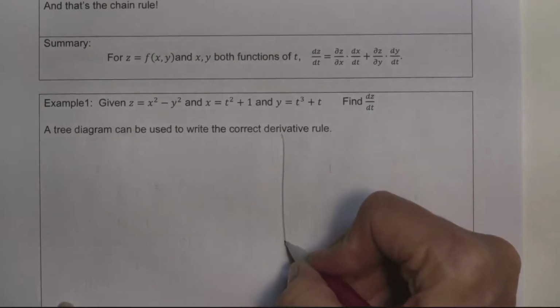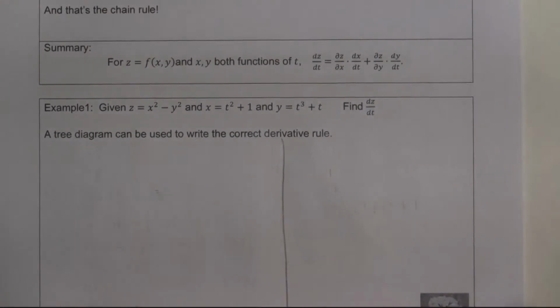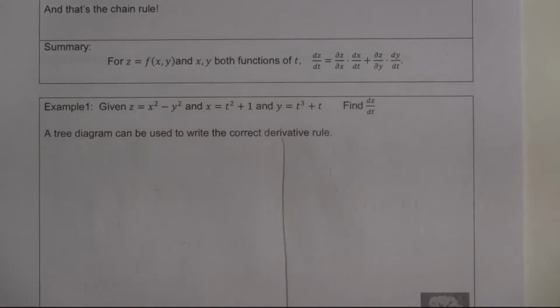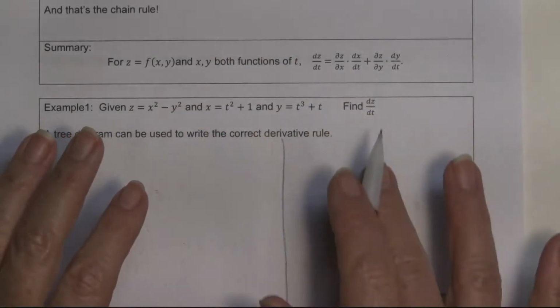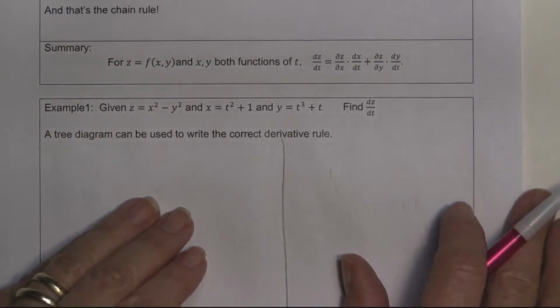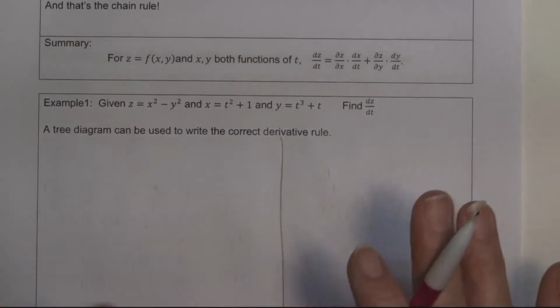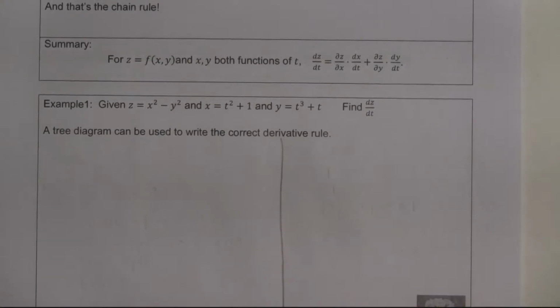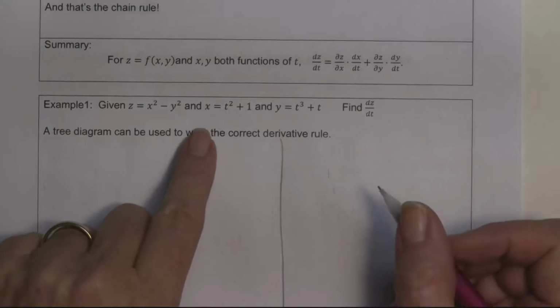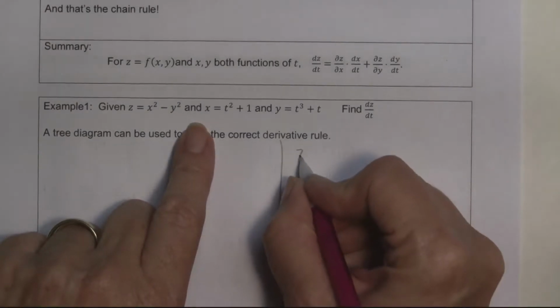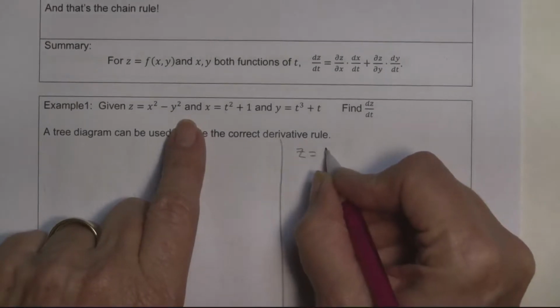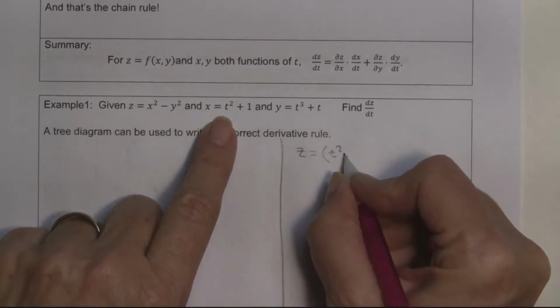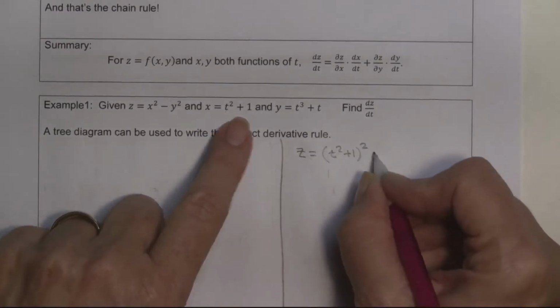I'm going to do that over here because I want to show you that when we use the chain rule, you get the same answer. Of course, this is a really simple function. The functions get way more complicated, and so it's very necessary to use the chain rule. This one you can do either way. So z equals (t squared plus 1) squared